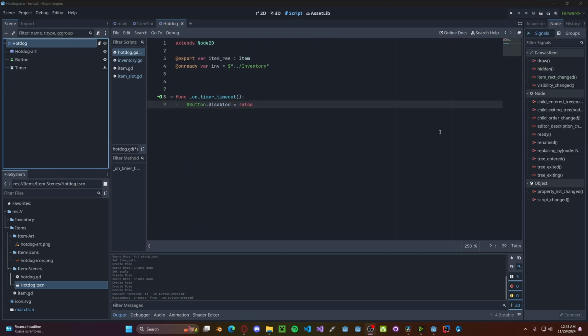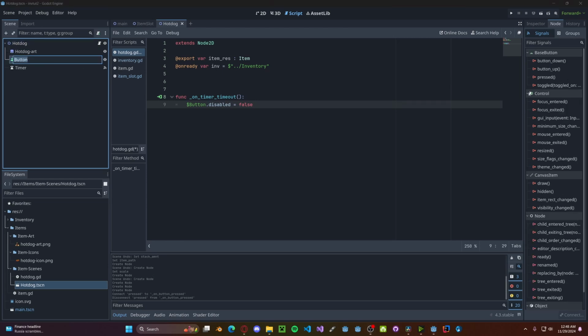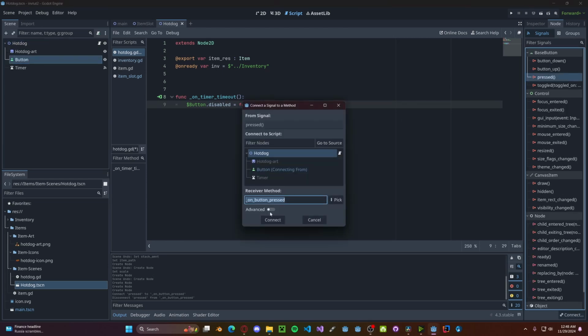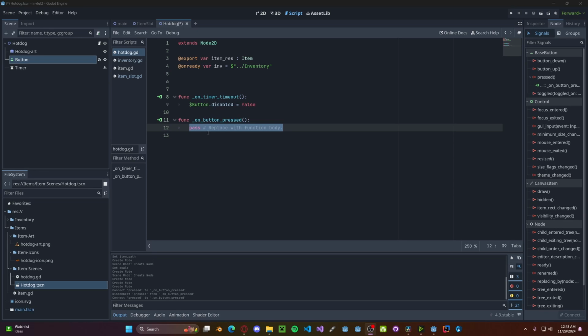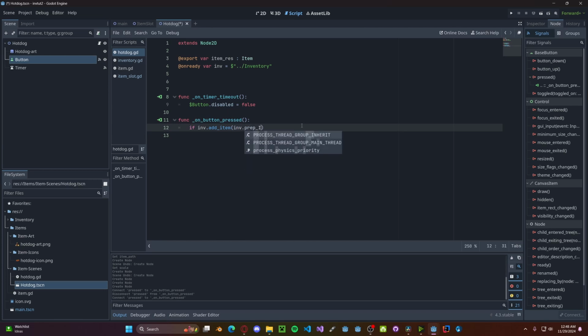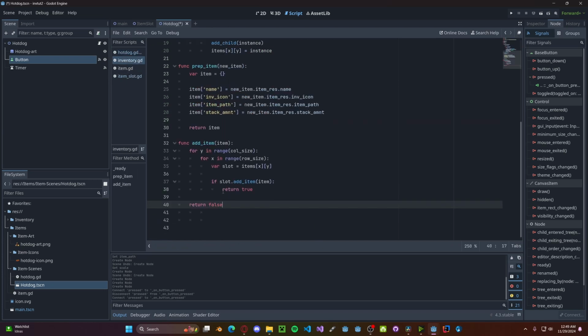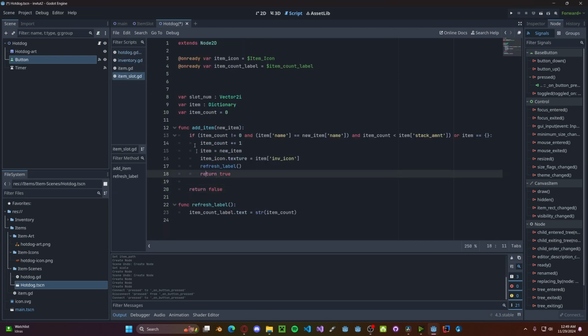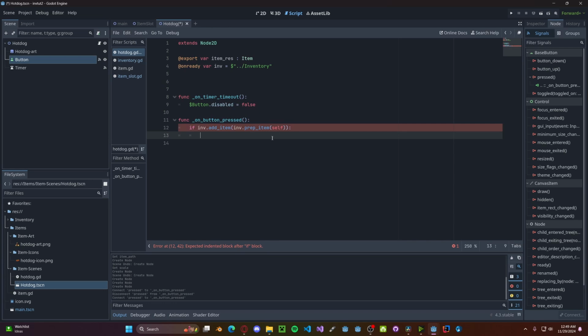Back at our hot dog item now, let's connect our button, so on button pressed, to our hot dog script. In here, we need to call the inventory add item function, so if inv.add item, we'll pass in inventory.prep item, which will prep the item into a dictionary, pass in our self, which will be our resource, and if this returns true, which means that this returns true, then we can